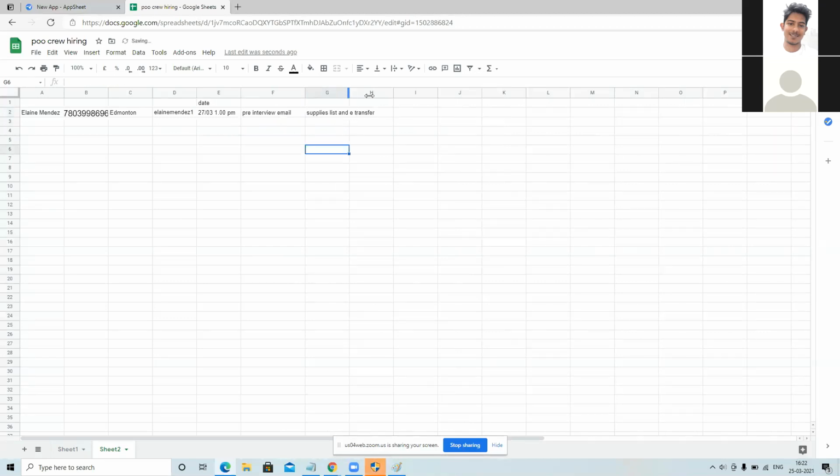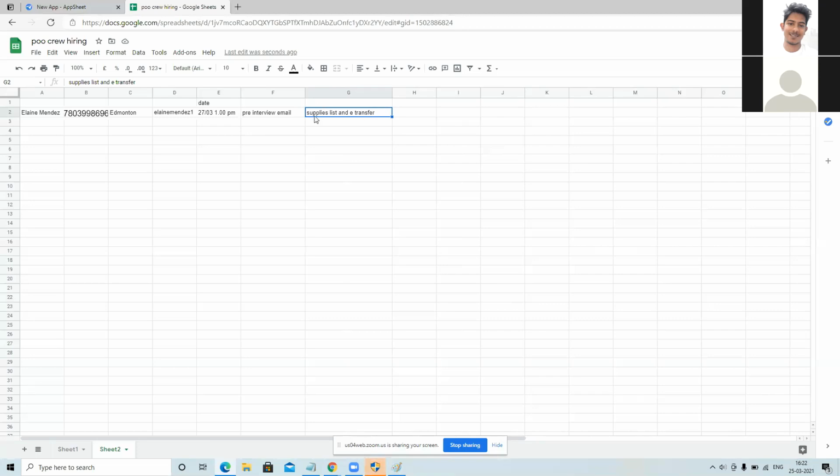So these are all tasks, and the supplies list has to be like a checklist. The pre-interview email can be sent automatically according to date and time, but once they receive it, they will call us, and it must be like a funnel. So for supplies list and e-transfer, we need to tick that we sent the supplies list and did the e-transfer. For the e-transfer, we must be able to assign the task to Steven. Steven is the person who has access to e-transfer. We should be able to assign it to Steven or Daniel.